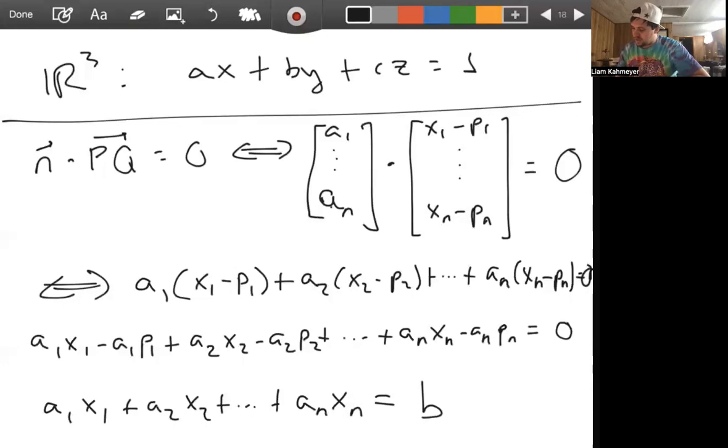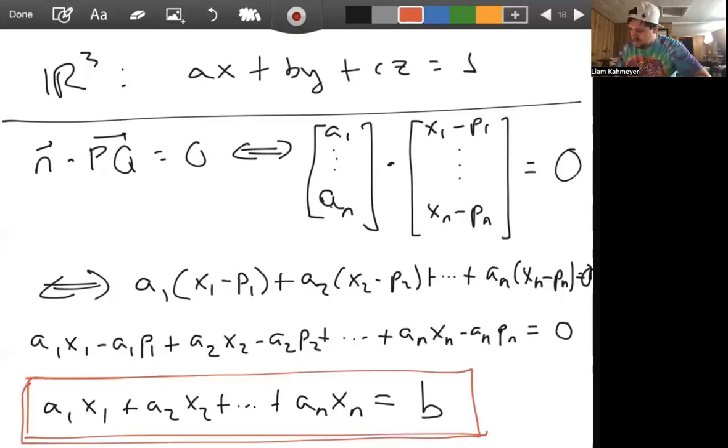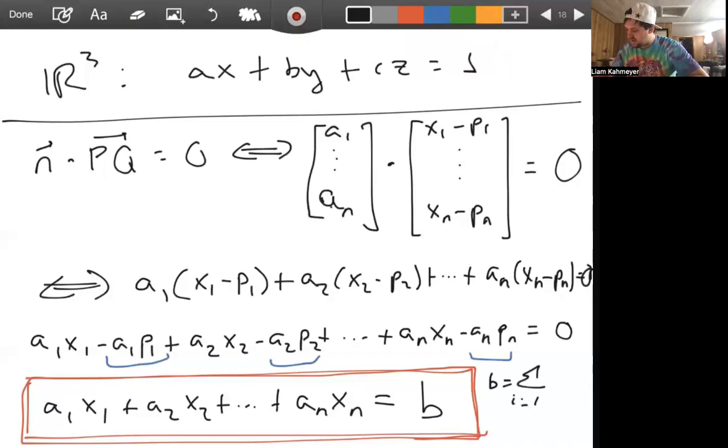let's just be more compact here, and let's just say b. We can combine all of the constant terms here. So what would the constant terms be? a1p1, a2p2, anpn. You add all of these over, and so this is where b equals the sum, i goes from 1 to n, of aipi. So you're just taking the sum of all of these. And so this is called the scalar equation for the plane containing point P with